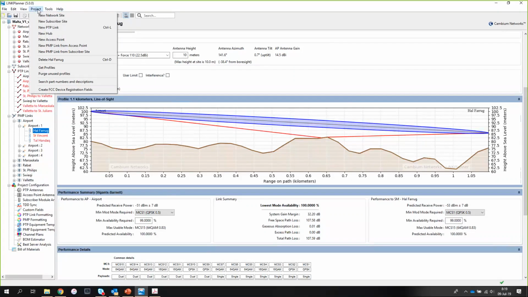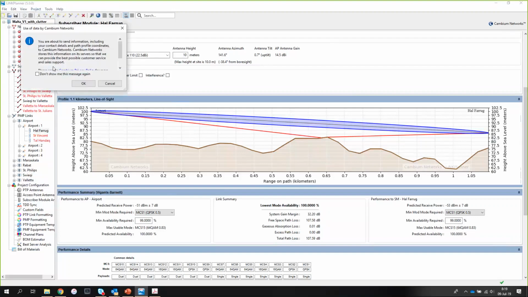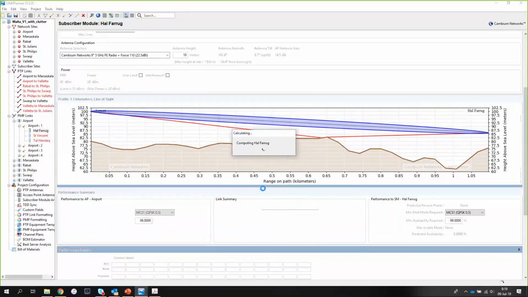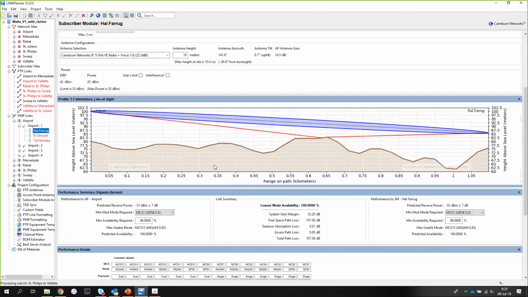In some cases, you may have to get a new profile here. And that will pull in the clutter that you want. And the link I want is Airport 1. That one right there. So I'm going to go grab that and see if it pulls in some clutter data. Now, be careful